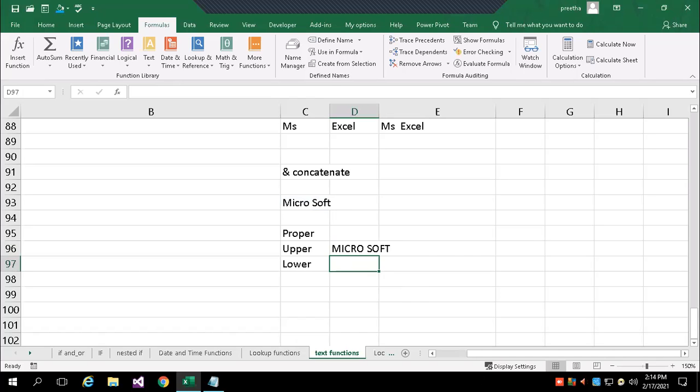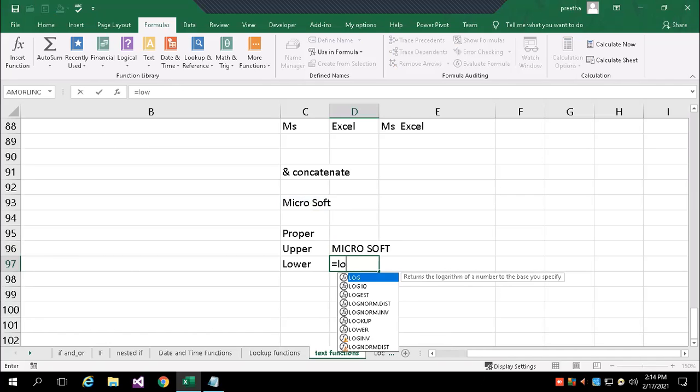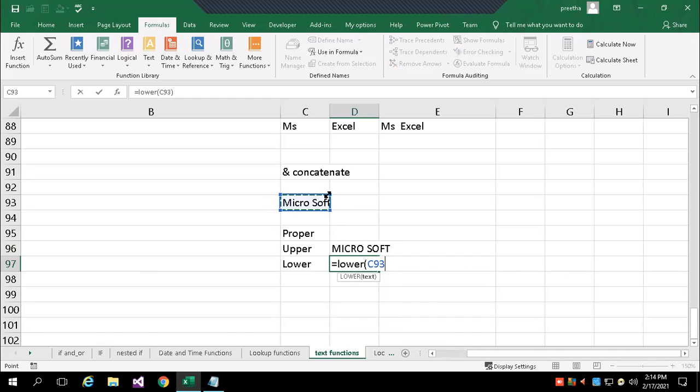Same thing, I'll say here LOWER. This is another function. As soon as you start typing the first few letters of the function, it automatically shows the suggestion. You can see on the screen, it converts all letters in a text string to lowercase. So it is going to convert the given data to small letters.